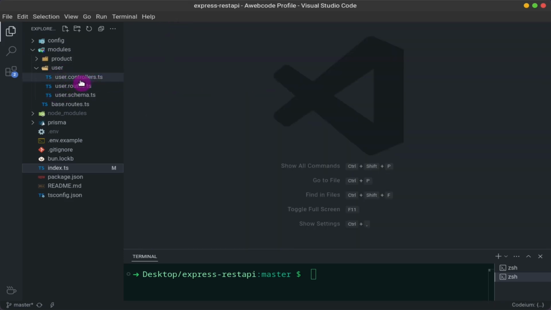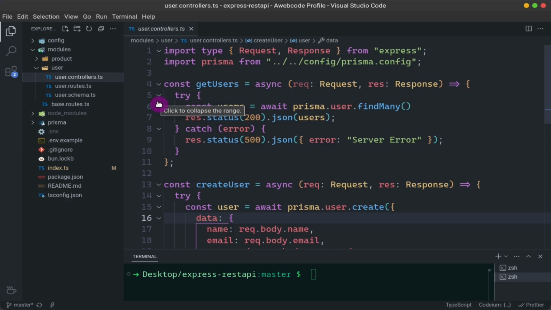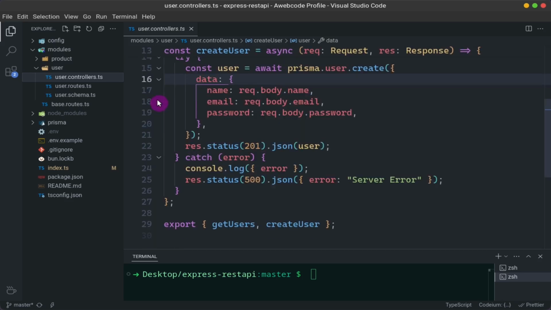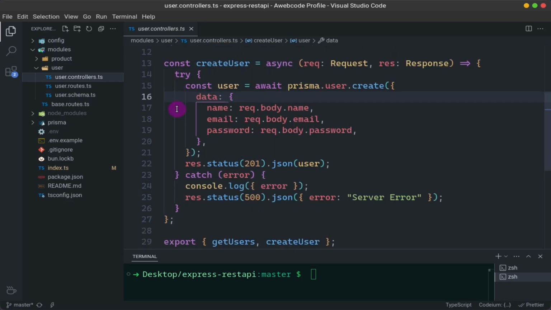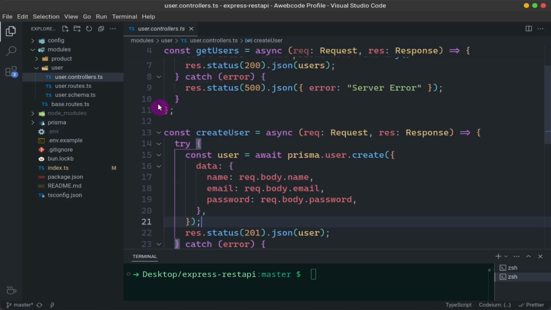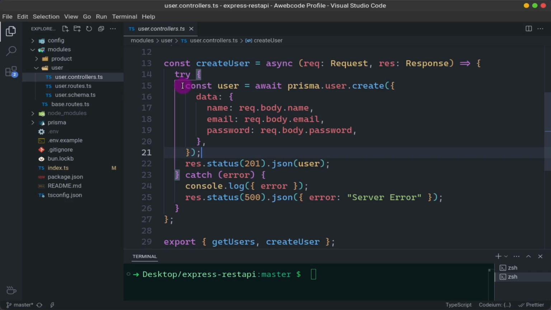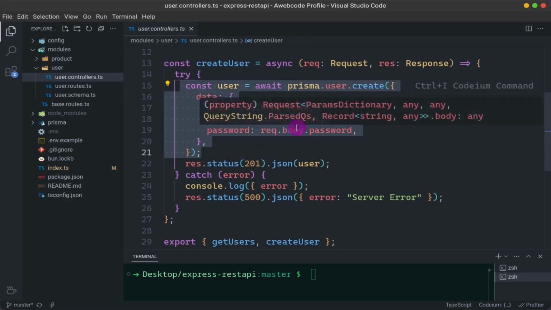Now we're going to build a complete authentication flow. First, we will create user registration, and after that we will learn how to bcrypt our password and save it to the database, and further we will learn how to create a token with our data, and how we can encrypt our data and secure it. Okay, so first of all, in the previous video we just created a simple create user functionality,